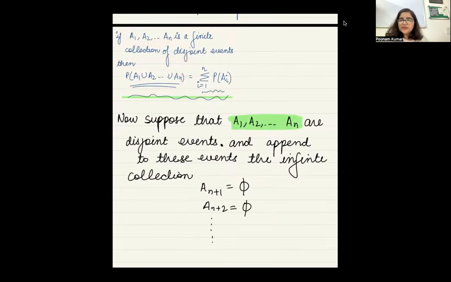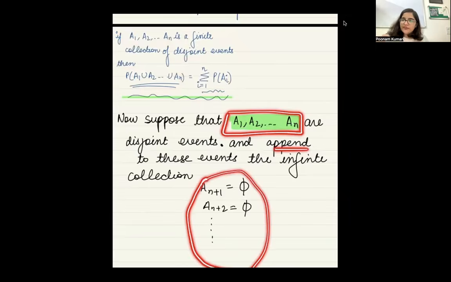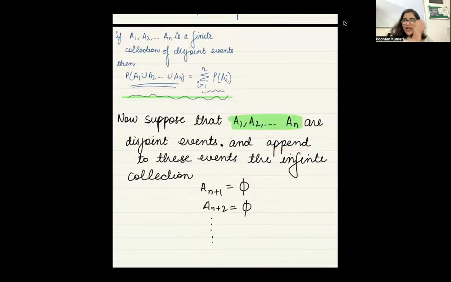Is that okay? Ma'am, what is the meaning of append? Append meaning add कर रहे हो आप. तो मेरे पास ये n events थे, आप इसमें ये सारे events और add कर रहे हो. n events तो थे, आपने बाकी और events add करना शुरू कर दिया, n+1, n+2, n+3 ऐसे till infinity. और ये जो सारे events थे, इनकी property क्या थी? They were null events. Okay.